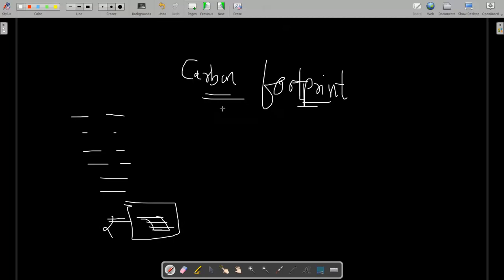So carbon footprint is an indication of how much greenhouse gas is produced by your activities. It is one kind of indicator, like a number. After knowing that, you can contribute at your individual level and at a higher level also. This video may go in a series, and this is the first part, in which we will do carbon footprint calculation at the individual